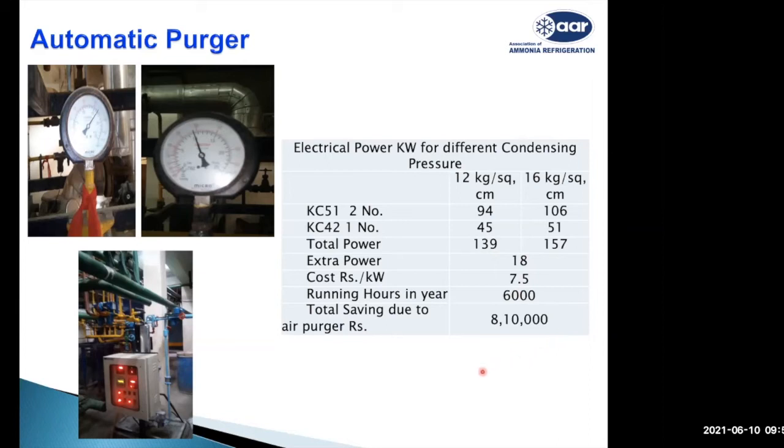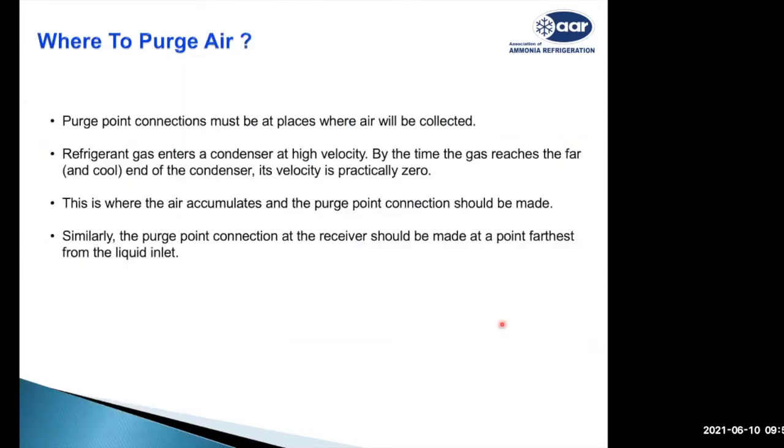Because your system is operated at lower pressure, you are getting more energy efficiency. So you are able to achieve your temperatures faster and the desired temperature is achieved. So your product quality improves. If you consider all these parameters, the payback period of a purger becomes very low and the system remains very, very